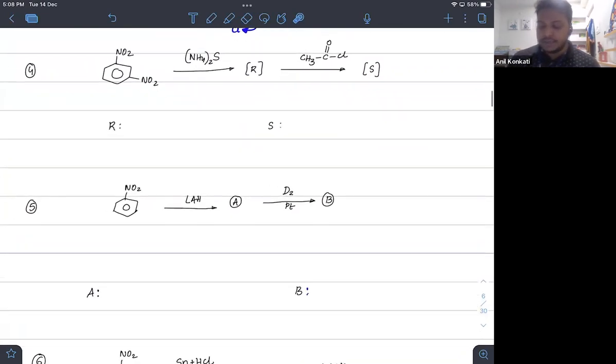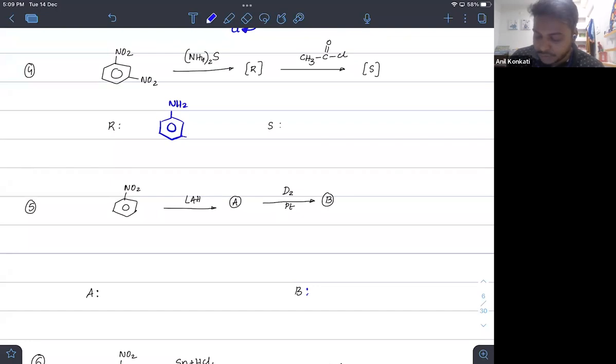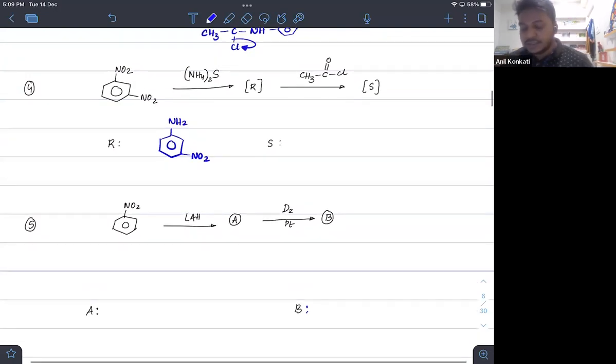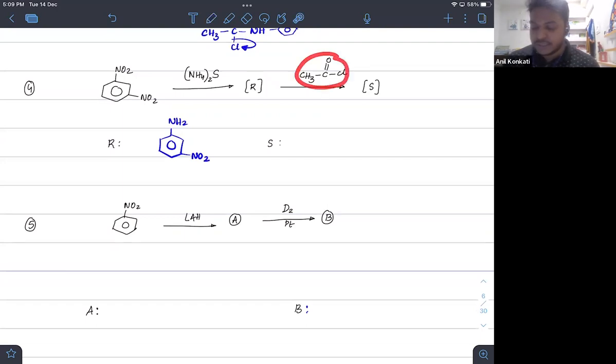Next, ये भी आ चुका है जेई में. NO2 NO2 are at the para positions. Ammonium sulfide is given. Find R first. So what we will do, we will reduce one of the nitro groups this way, and then again we react this group with CH3 C double bond O Cl. So what typically we can expect here कि ये reduction हो रहा है. After that we just learned the reaction already कि जहां पर reduce हुआ है वहां पर acetanilide बन जाएगा. C double bond O CH3 with NO2 group here. Done.